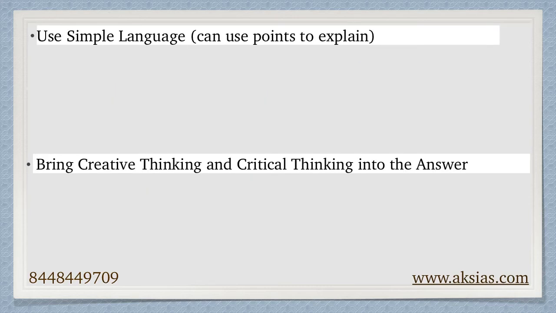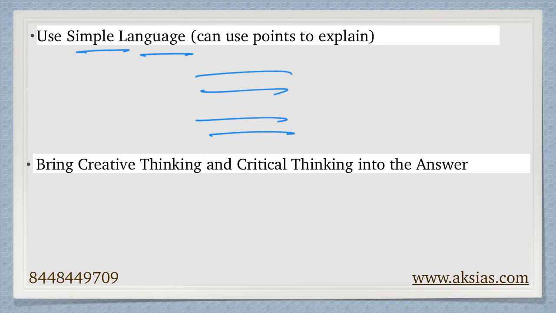The next important ingredient of an effective answer is the use of simple language. You can also use point formats to explain. You can use small and simple sentences, avoid jargon and flowery language. You can use points inside the body part of your answer, if you feel that will make the answer stand out. If you prefer the paragraph way of writing, break your contents into smaller paragraphs whenever possible.